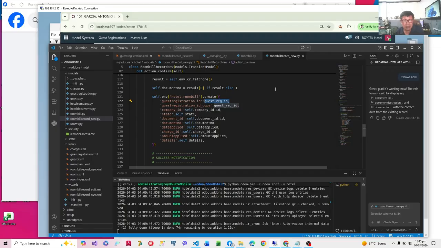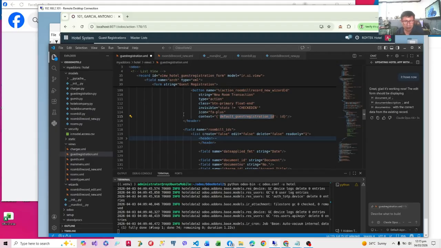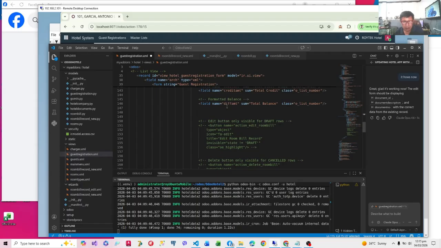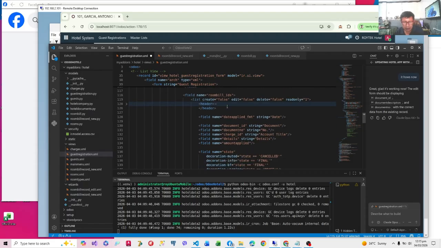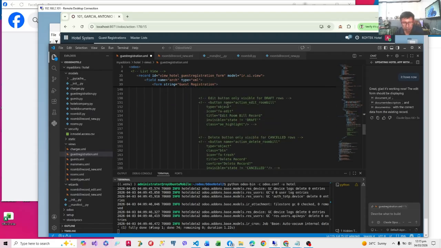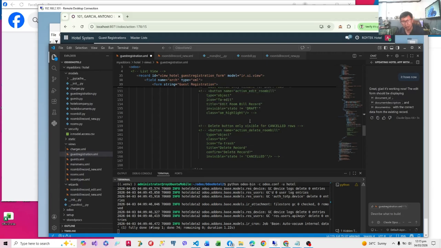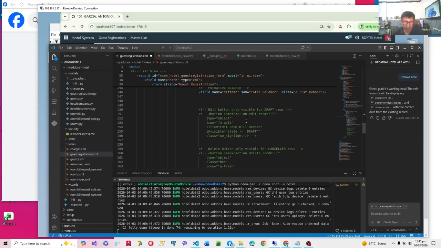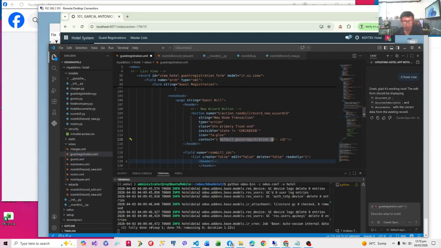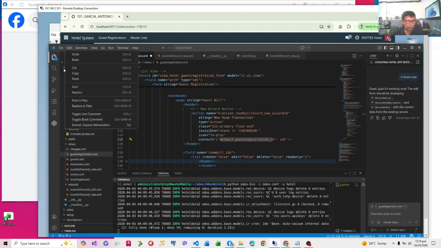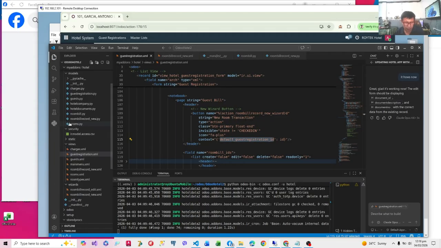Now, let me just uncomment. We have the edit room bill later. For the moment, we'll have a delete, we'll have an edit, but for the moment we'll just add the insert. It's in the header. Let's save that. I don't think we need to add a delete in the header; we can put it in the row. Let's save all to make sure.